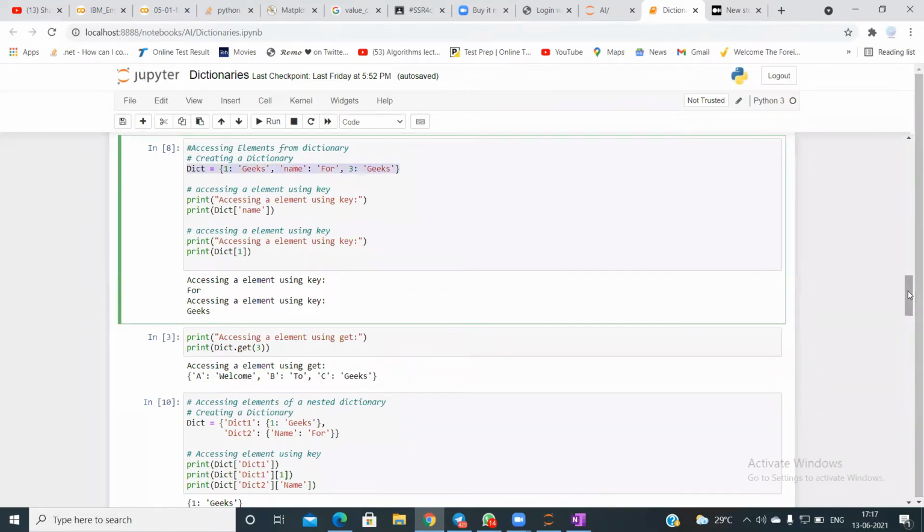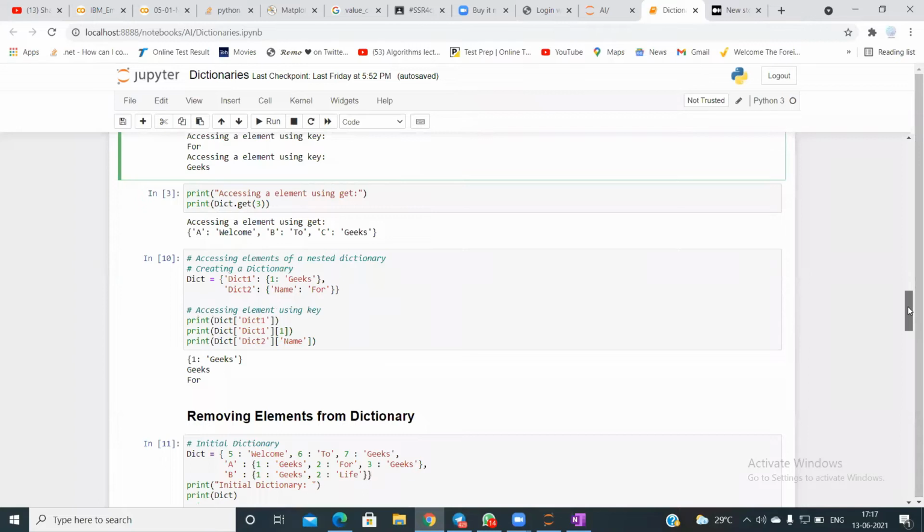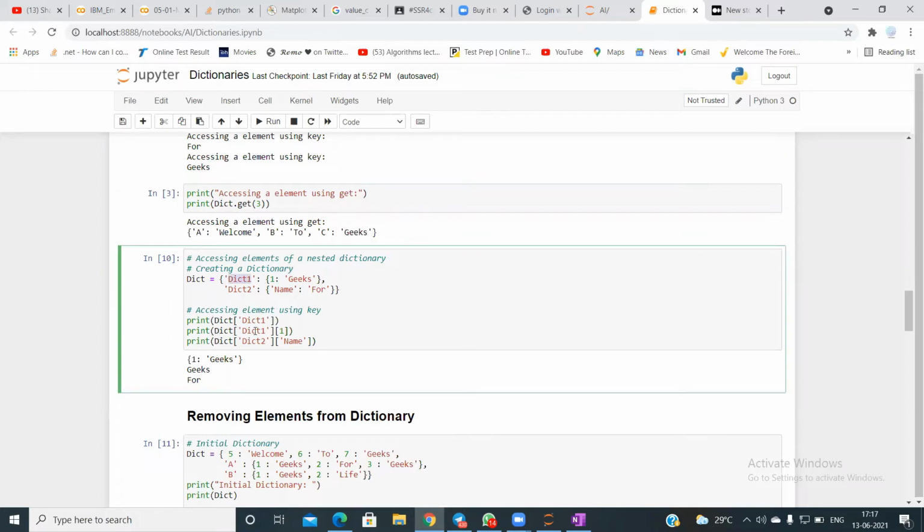What if in case you have a nested dictionary? In a nested one, it's pretty simple. You first call the key element of the main dictionary, and then you call the key element of the nested dictionary. So here, if I say dict of 1, I'm getting the value for the first thing.